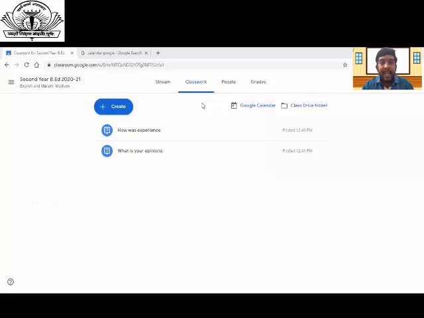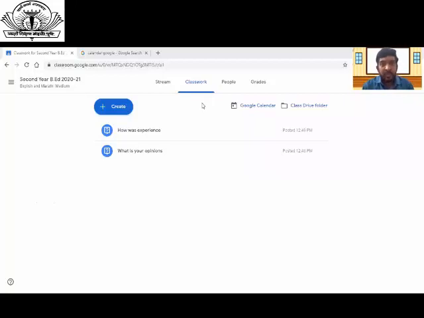Students simply need to press the Turn in button. Now you will see the Turn in button under the assignment in Google Classroom, and it lets the teacher know that they are ready to have their work assessed. It means you download that Google document, complete your assignment, upload that Google document and press Turn in. That means your assignment is submitted.